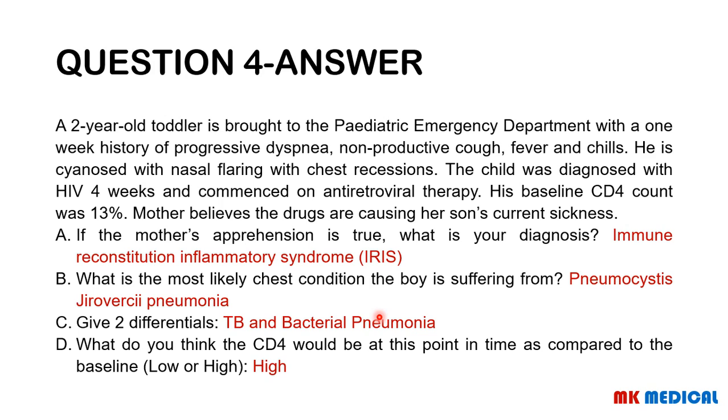So the immune system has recovered and started now fighting. It's kind of like this. The immune system was sleeping, there were infections, and it was just watching the infections because it couldn't do anything. The numbers are low. But you now give them ART, antiretroviral treatment, and this now helps the immune system recover. Then they're like, oh, by the way, we have invaders. They start attacking the invaders and they overreact to this. And that's what actually brings about the symptoms. It's a very nice read up that's on Medscape. Just find some time to actually head over there and read up on IRIS. It's a very, very interesting thing to read up on.